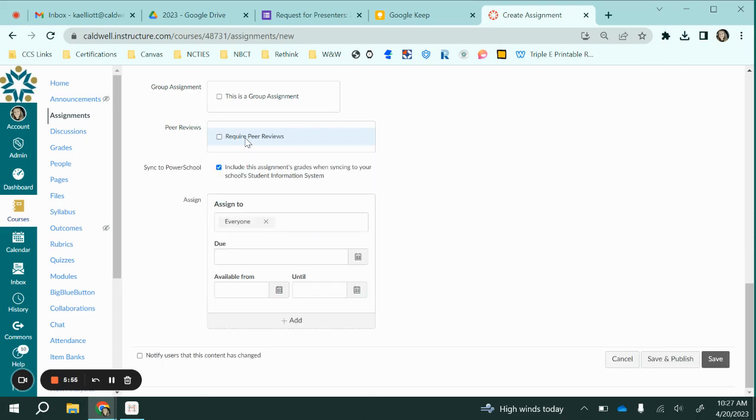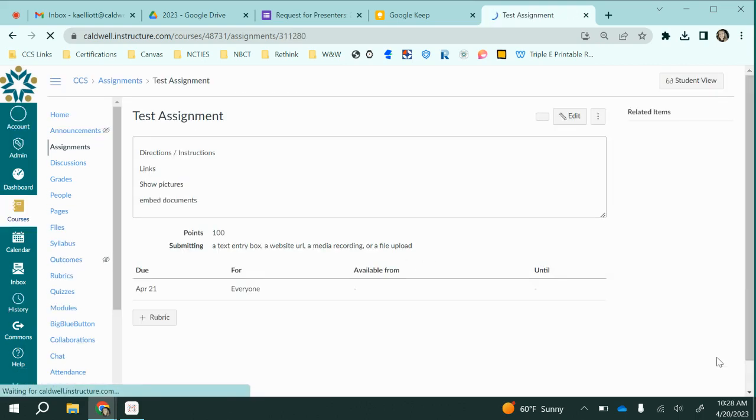And then right here, this is our sync to PowerSchool. If you want this assignment's grade synced to PowerSchool, you want to have this box checked. If it's not graded or something and you're not worried about it, or it's not included in the final grade, you would want to unclick that box. We will talk about this assign to box later in a different video. And then you always have to give it a due date to be able to even save the assignment. And once you save it, you can see there that